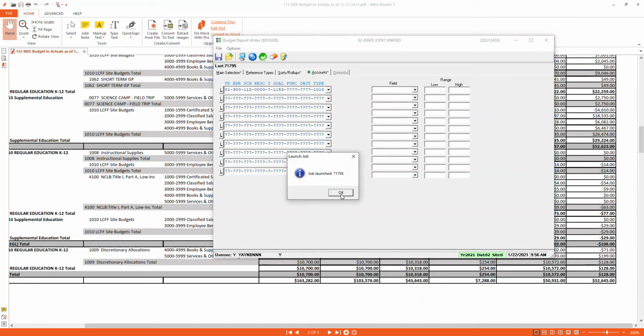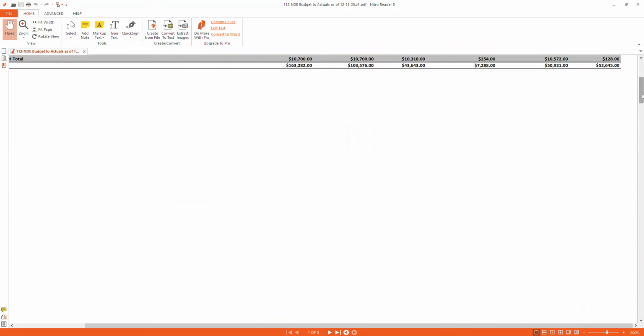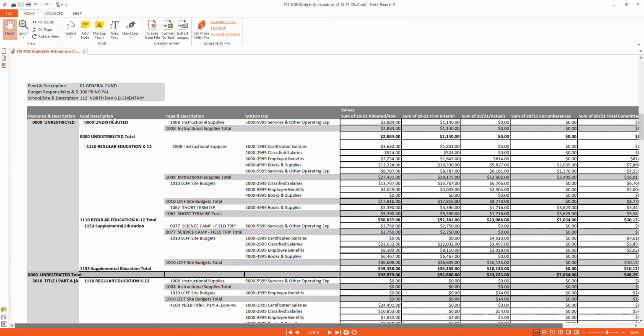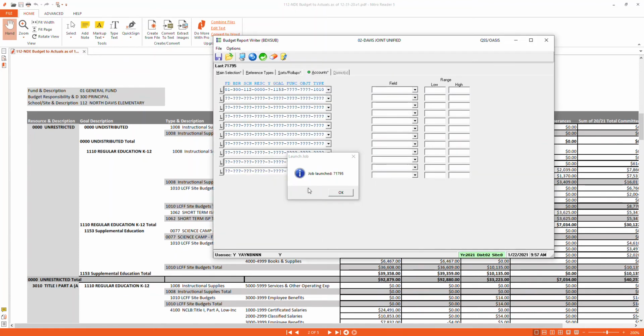And you're probably wondering, well, how do you even know how much to do that part? Well, we know that North Davis is 112. So the top of the report tells you at least a little bit here. So you know it's 01-300 112. We know that everything in here is in the unrestricted budget. We know that the goal code is 1153, and the type code of where this is in 1010. So again, we just took the clues right off from this report and put it in here